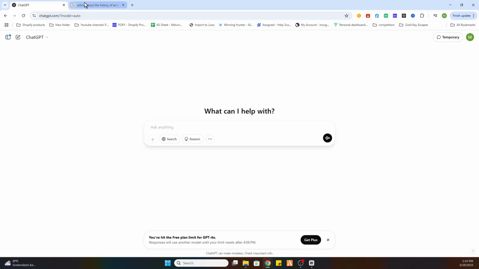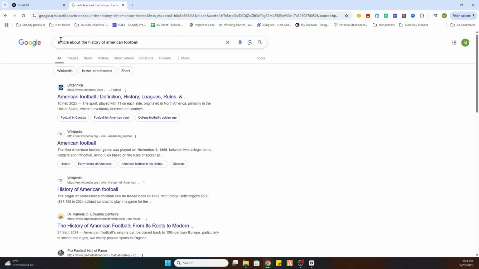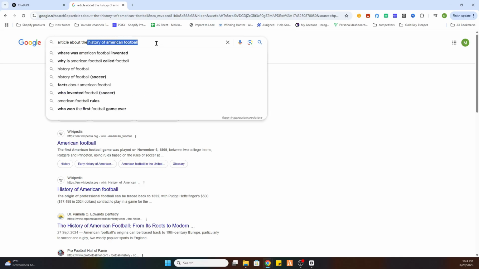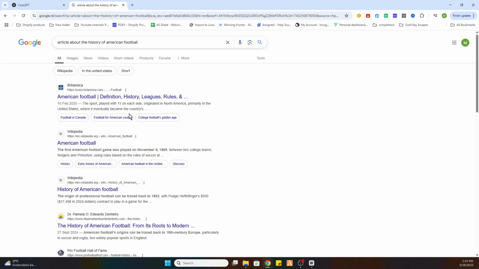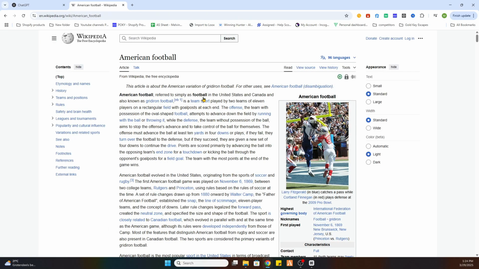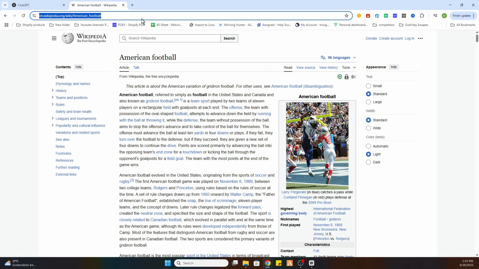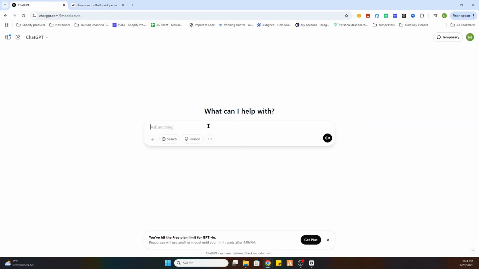So what we need to do is search for an article which we are going to summarize with ChatGPT. So go to Google and search for an article about and then the topic you would like to use. For this example, I'm using the topic, the history of American football. So what we will do, we will select an article. Let's choose this one. And what we want to do now is basically copy this link, then go to ChatGPT,